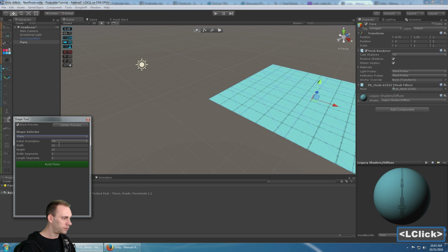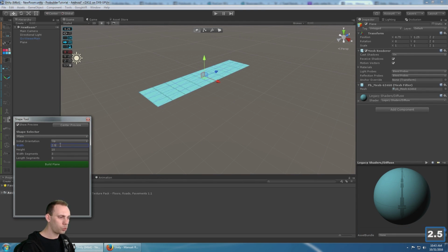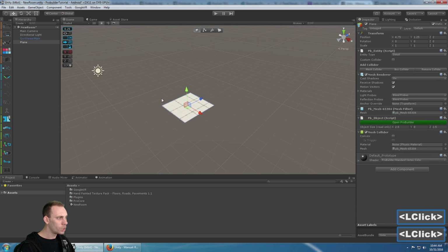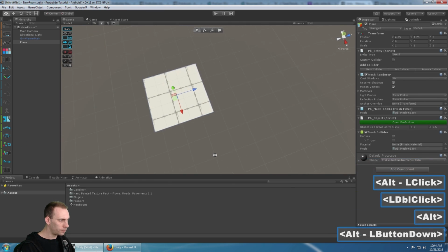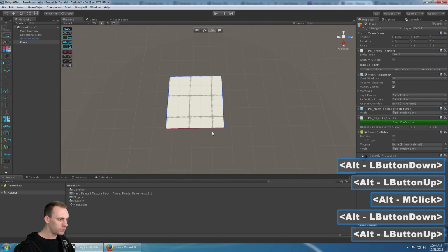So I'm going to create a plane, and I'm going to use a size of 2.5 by 2.5, because I've already figured out that works pretty well for 512 by 512 textures with the VR setup. Now for the width and length, I'm going to do 0, because that's just going to make a quad. And so I'm going to build that plane. So now I have a quad